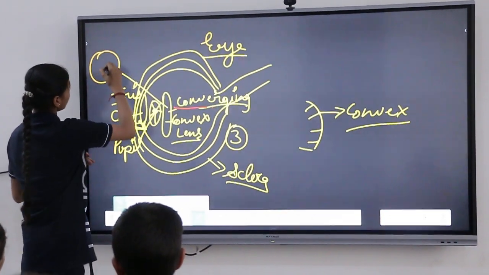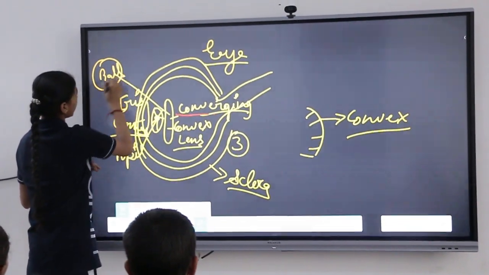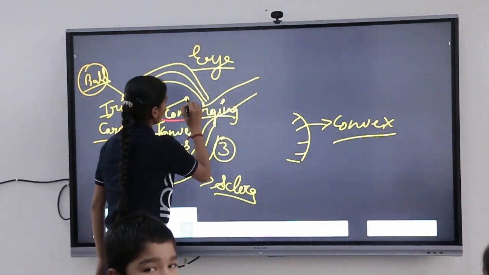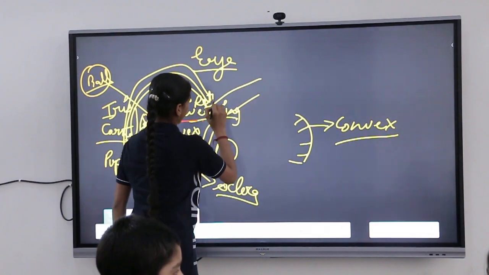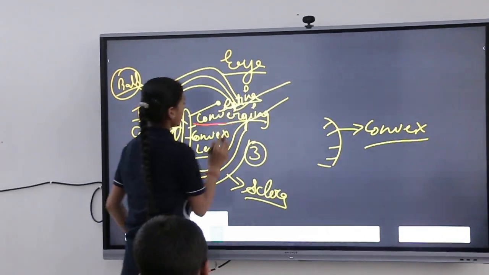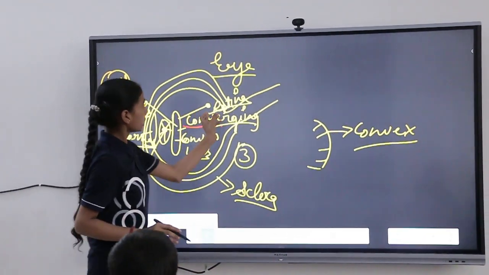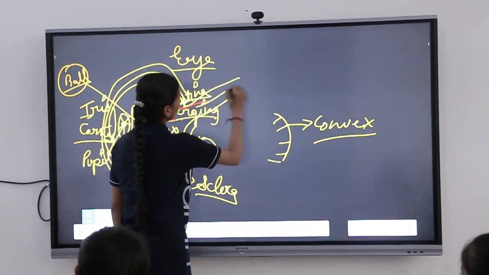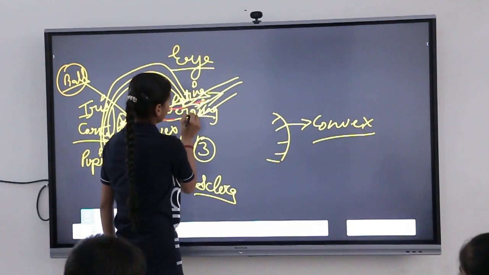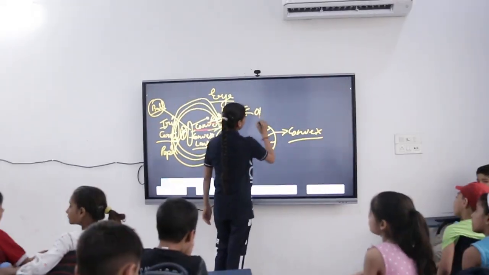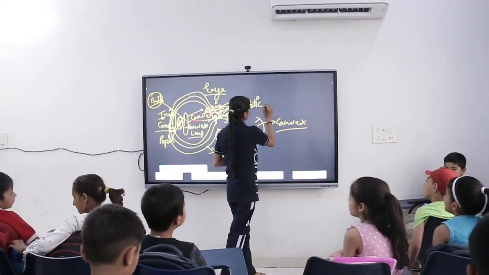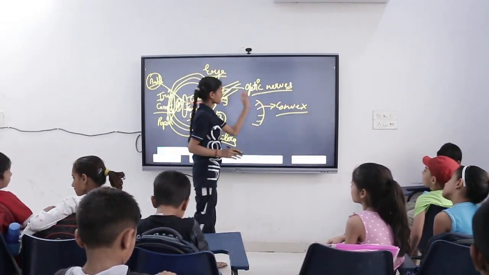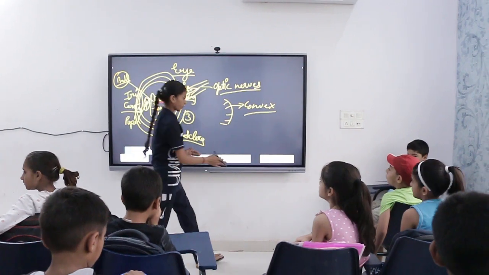Like this is an image, like this is a ball. It focuses this image and gathers this image to the point that is known as the retina. Where the lens gathers our image, that point is known as the retina. And there are many nerves in our eyes that are known as optic nerves. Nerves of the eye are known as optic nerves. Okay.